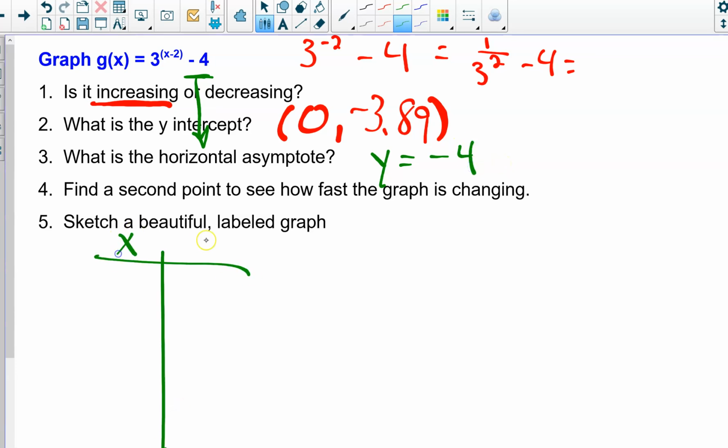And then we're going to find some points here. And we already have the 0, -3.89. We could try a 1. If I put a 1 in here, that's going to be 3 to the